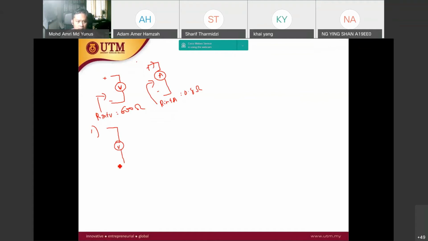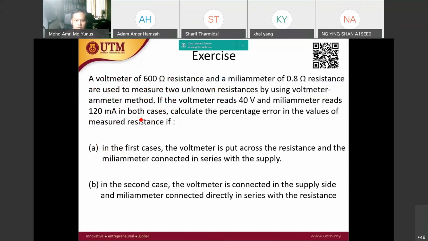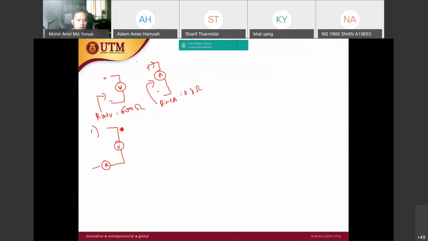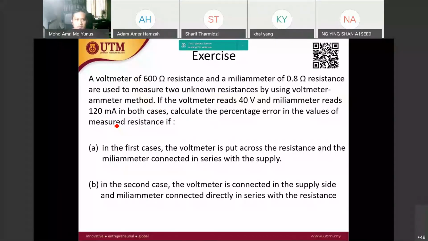Okay. Here the ammeter is similar to the first condition. And this is the Rx. Let's say Rx1, we don't know. Okay, but it says that in both cases,